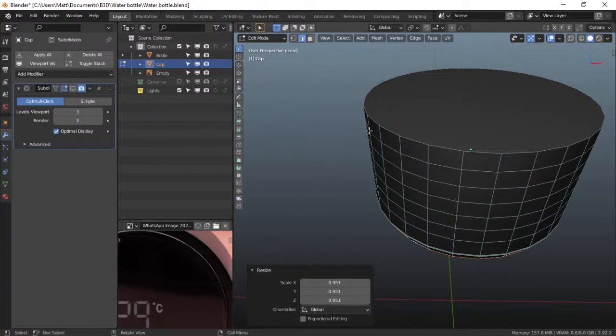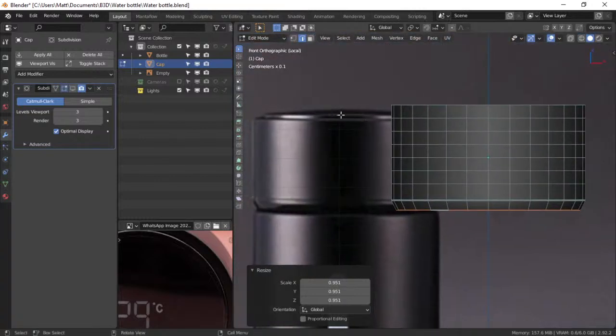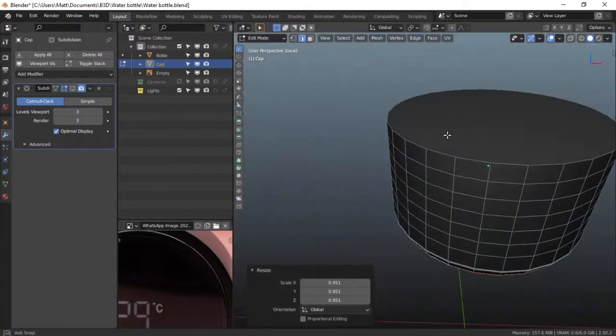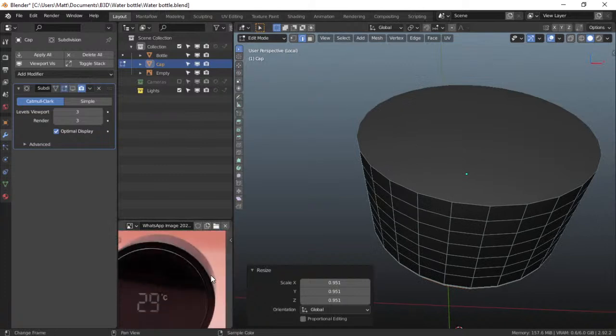So you can see that when we insert on the top, there's a ridge. Then there's a part that is raised. If we go to the front view, we see that there's a little dome here, which will be this part. And that has a little ridge here as well. So we want to keep that in mind. So looking at the reference image,